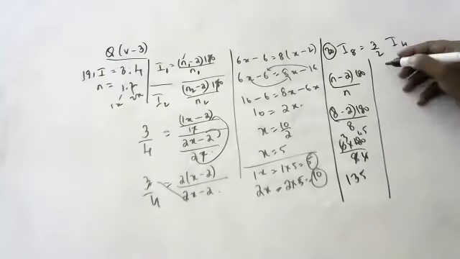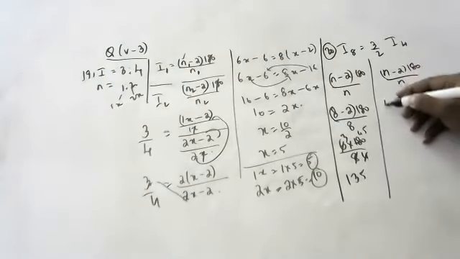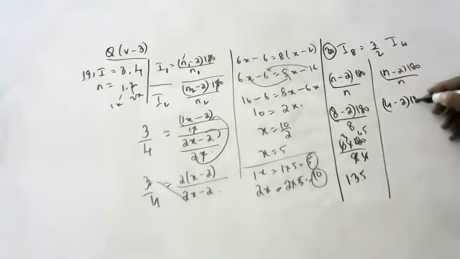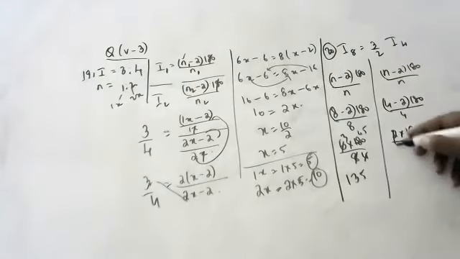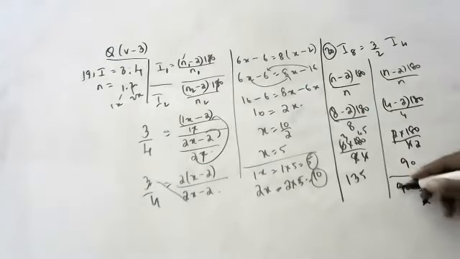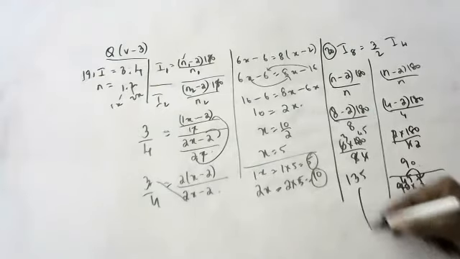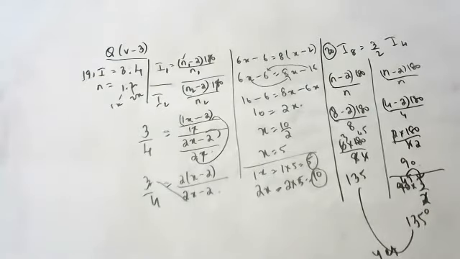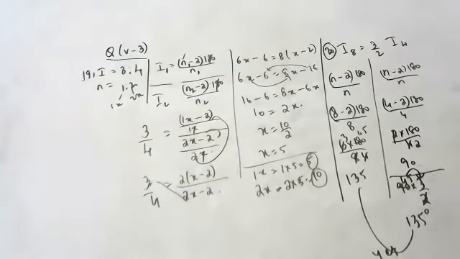Now tell me this one. (n minus 2) into 180 by n, 4 minus 2 into 180 by 4, 2 into 180 by 4, that is 90 degrees. 90 into 3 by 2, can you help me? 45 into 3 is 135. Yes, it is proved. Understood? The internal angle of octagon is 3 by 2 times the internal angle of square. Like that we have to do, children. Okay? Next.